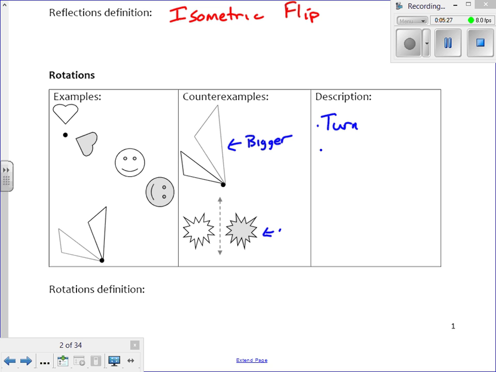And here, this is a flip. So that second example is a reflection. The first one, there is a turn to it, but we don't want it, right? This is not a correct rotation. So again, we want the same size figure. And so when we put those two things together, we can use our big buzzword, isometric. So this is an isometric